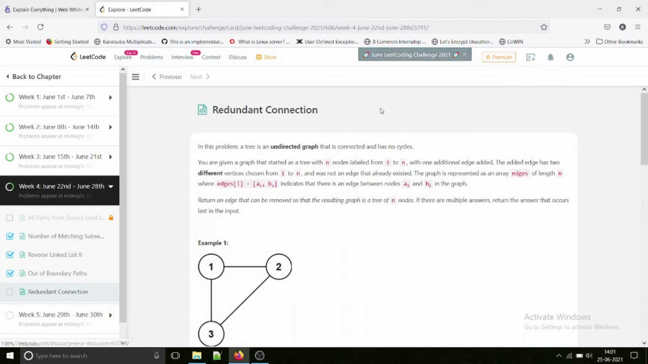Hello everyone. So today's question is redundant connection, and this is day 25 of June Leetcode challenge. In this problem, a tree is an undirected graph that is connected and has no cycles. Okay, you are given a graph that started as a tree with n nodes labeled from 1 to n with one additional edge added. The added edge has two different vertices chosen from 1 to n and was not an edge